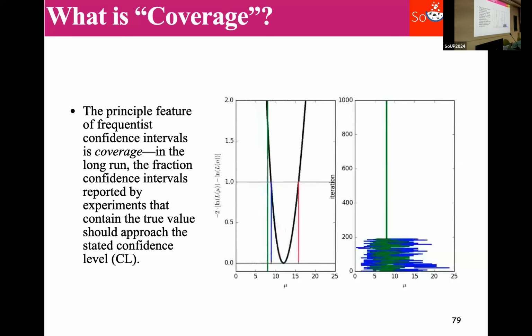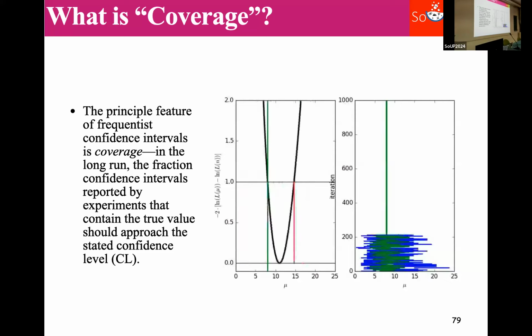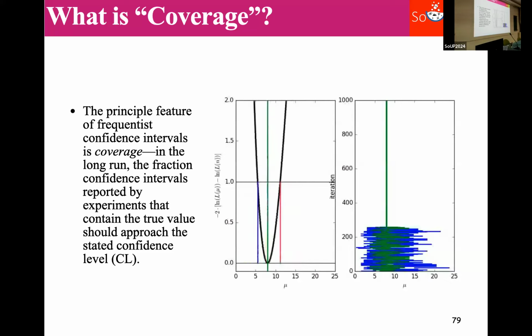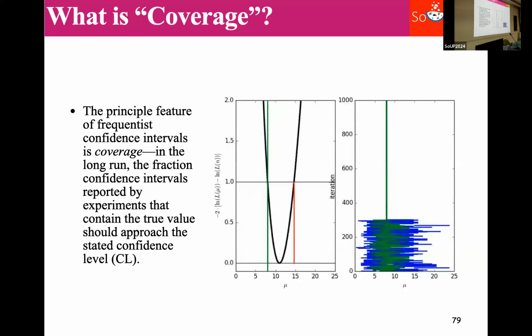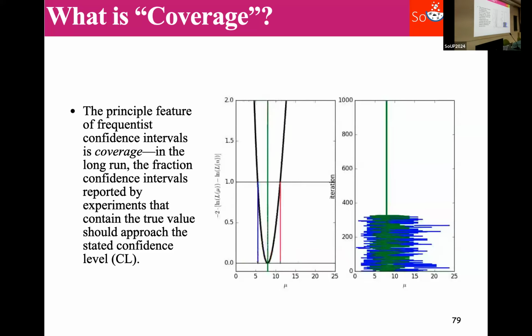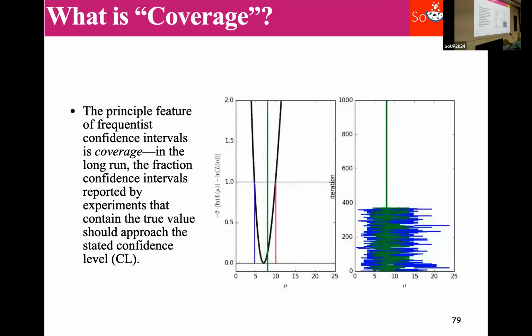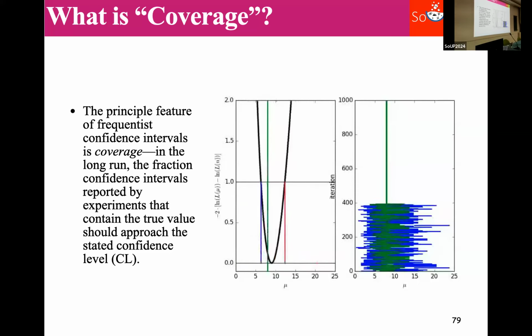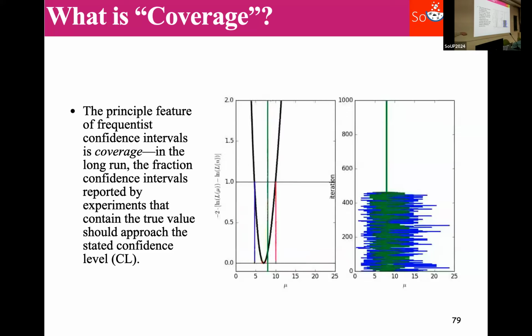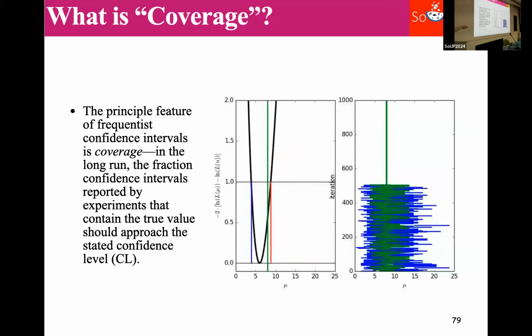And the coverage is how many times does the confidence interval that we construct, based on our method, whatever that method is, how many times does that confidence interval contain the true parameter, given some true parameter? And the goal of our frequentist confidence interval construction is that we should be able to make a construction that can guarantee that we have the coverage that we want for any true value of signal. So not just testing this one, but testing every single possible value of mu. We should be able to guarantee that we have this thing that is called coverage for all of them.